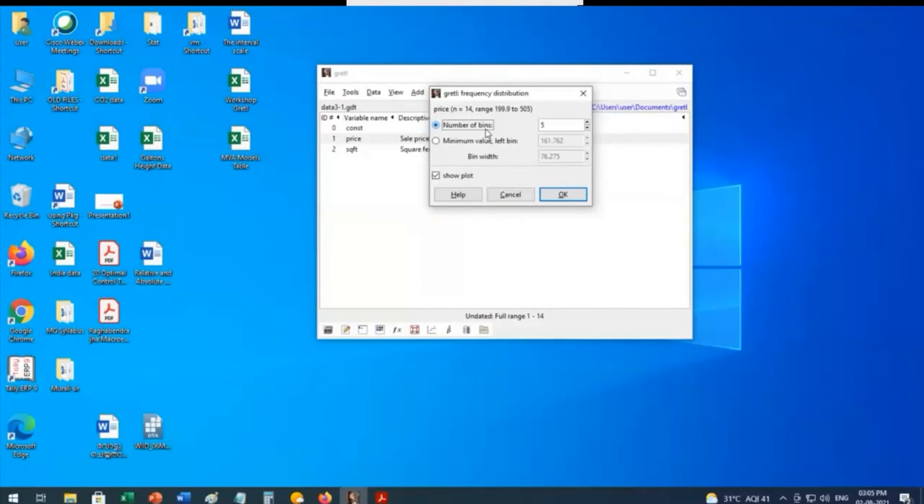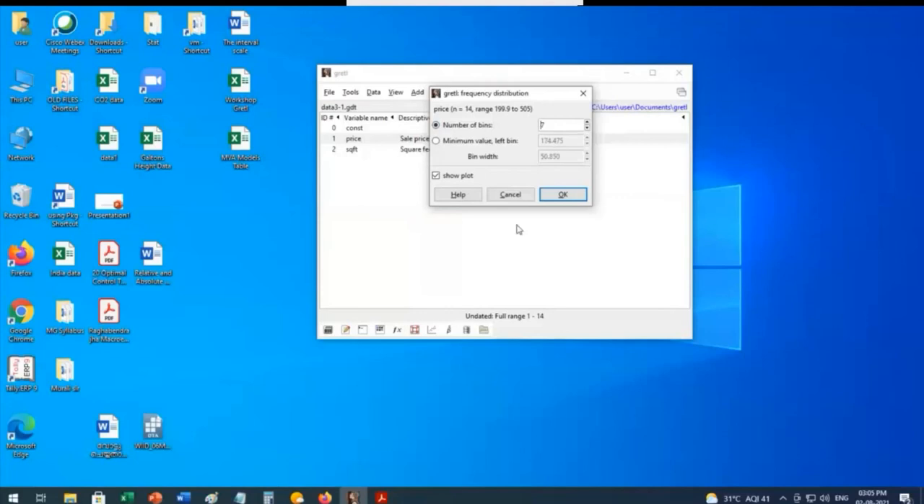So the bin is a class interval. How many class intervals do we want? By default, Gretl has selected 5. If we want more, we can increase it, say 7. Then we click OK. We can have a bar graph